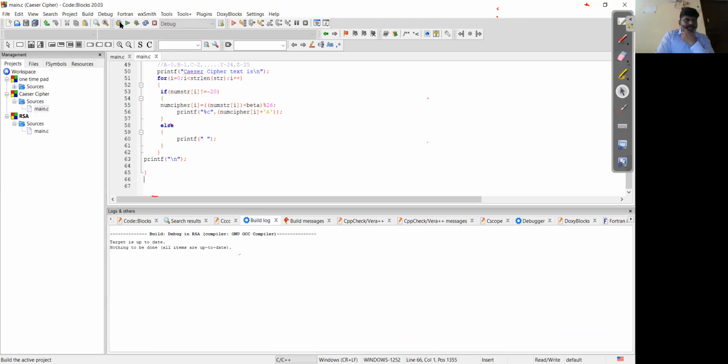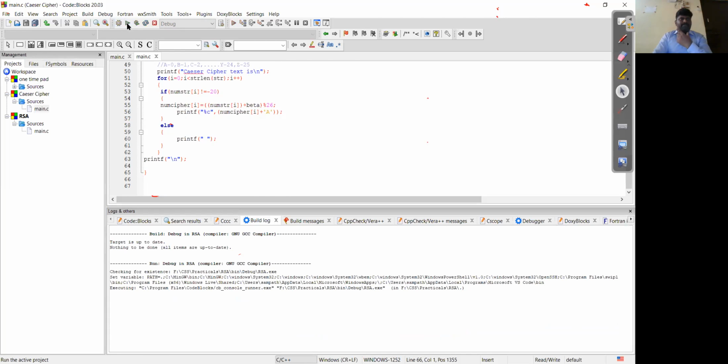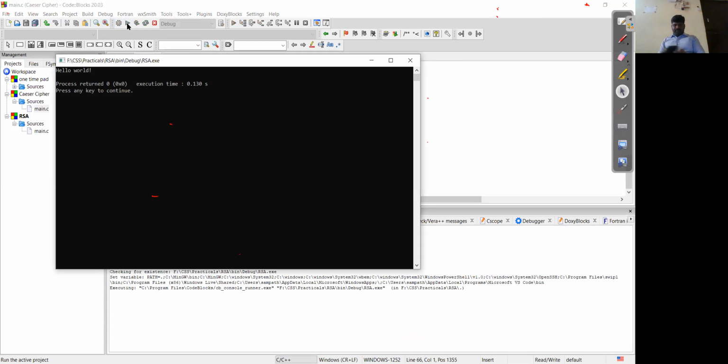On the left side, RSA is in bold, so I think somehow that is selected. Give me a second.